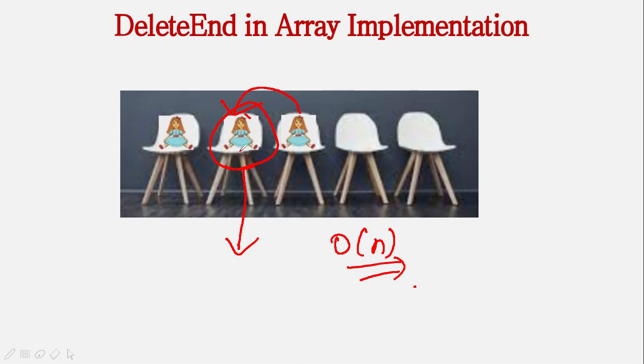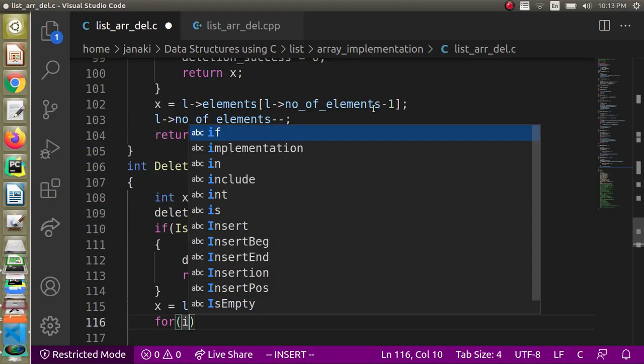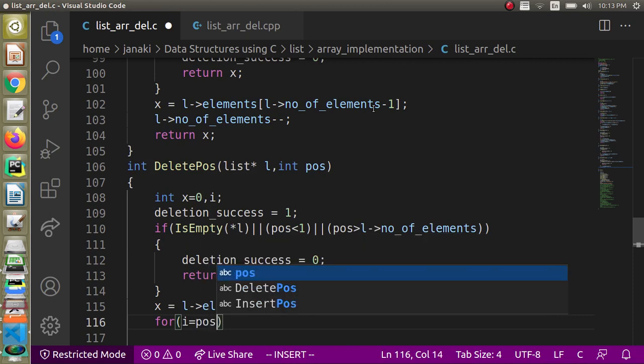So if this is the element which is going to be deleted, from the next position we have already made a copy of this in x, okay. So from the next position you can copy over here, and then from here like this, we have to go up to index number of elements minus 1, right. So you can tell for I equal to POS, right.